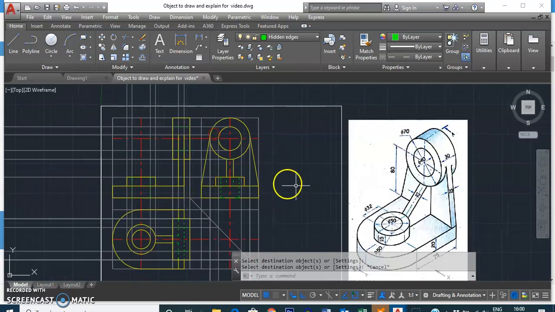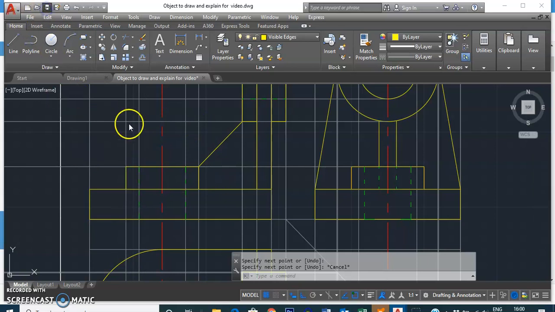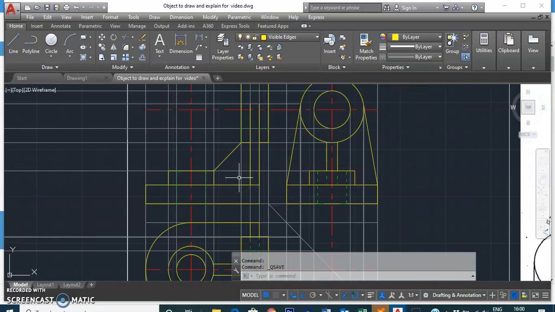Okay, now what is missing in the front view? So we are missing this rib section, triangular piece over here, that is starting from this cylinder and ending at this cylinder. So it is very easy for us. Let's convert this first into visible edge. Then we'll start a line from this position to this position. Though my ortho is on, if I'm selecting these two particular points, it will easily draw a line between those two points. Okay, let's save it once. So I guess we have done with the front view also.